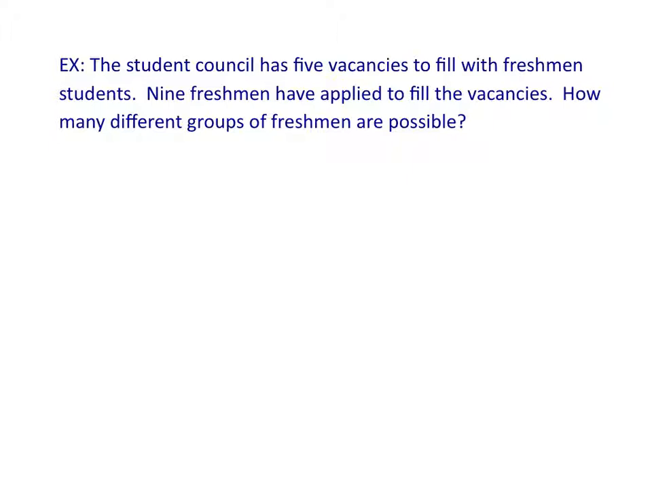And again, these are all combination problems because order is not important. It does not matter how we choose the 5 student council members. It just matters that they're chosen, right? So here this would be a combination of 9 choose 5, where you have 9 factorial over